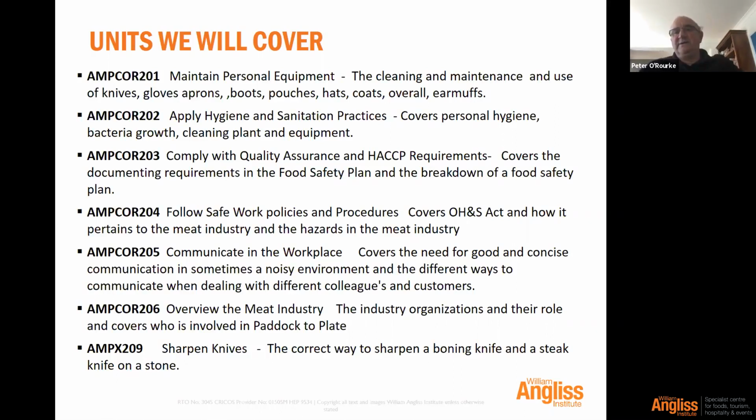And it's very pleasing to see when people first start this course, the way they sharpen the knife, and by the time they finish the course, 99.9% have a good understanding of how to get a good edge on a knife. And the next unit is,